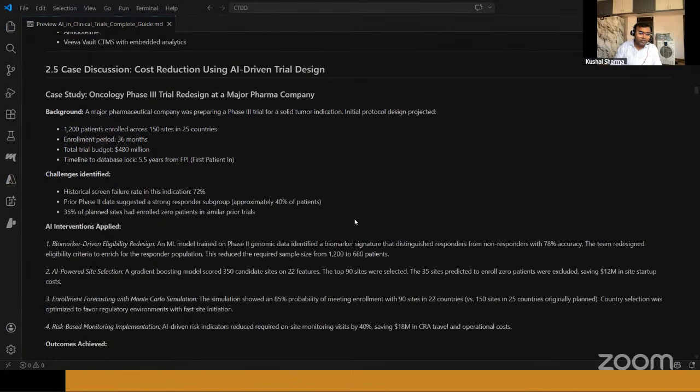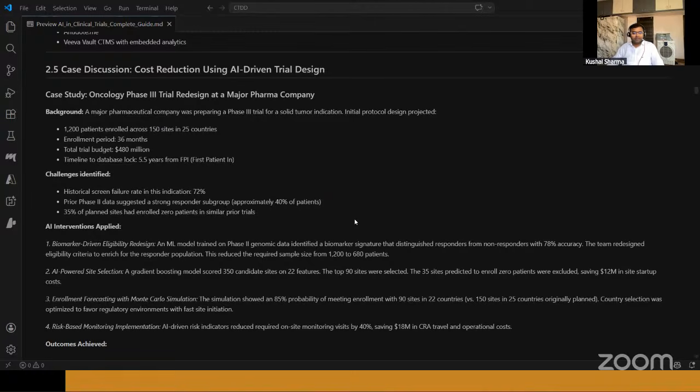Case discussion: cost reduction using AI-driven trial design. Oncology phase 3 trial redesign at a major pharma company. Let us understand the background. A major pharmaceutical company was preparing a phase 3 trial for a solid tumor indication. Initial protocol design projected 1200 patients enrolled across 150 sites in 25 countries. Enrollment period 36 months. Total trial budget $480 million. Timeline to database lock 5.5 years from